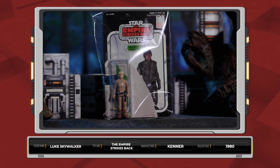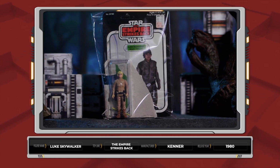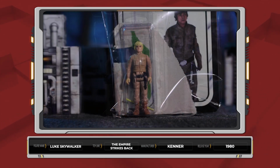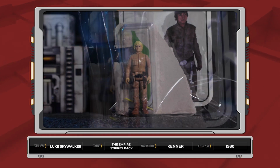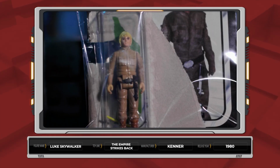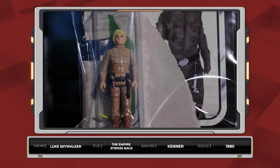This is a great figure. This is the original blonde version. He was later released as a brown-haired variant, but he comes with the blaster and the yellow lightsaber, oddly enough. And yeah, this is just such a fantastic figure. If we flip it over,